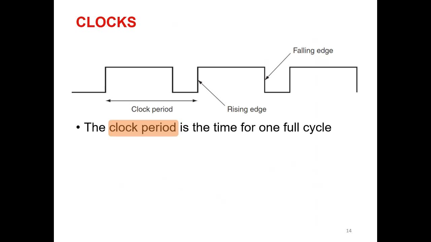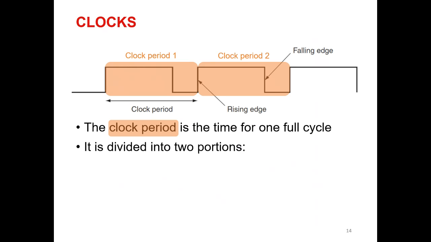And the clock period is the time of one full cycle, which is repeated and repeated. So in this case, this is one full cycle, which is repeated and repeated. So this will be clock period 1, this will be clock period 2,